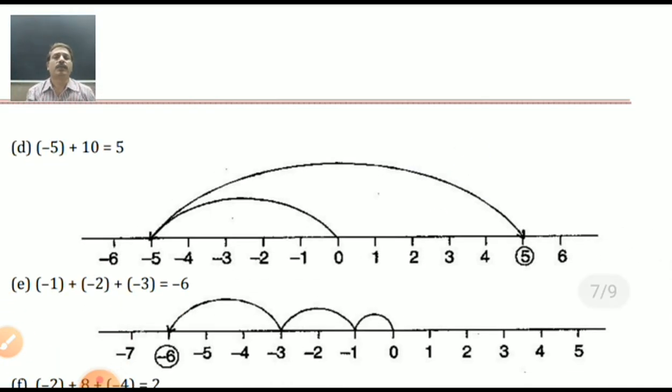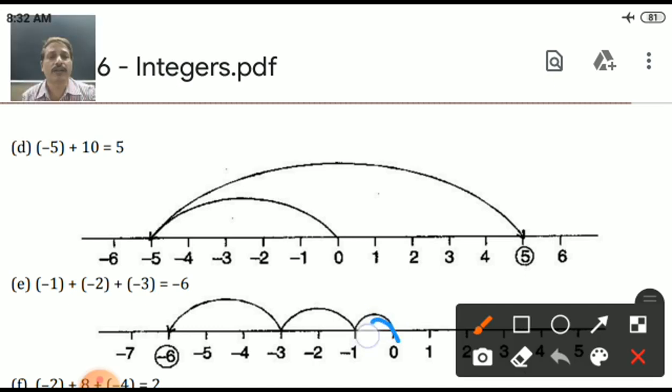Minus 5 plus 10. First of all you move on minus 5. Then after jump 10 steps on right side. On number line you can show it. Answer is 5. 3 numbers are there. Don't worry. First you can move over your minus 1. So आप minus 1 पे आ गए बेटा. Then after you have to jump minus 2 on left side. एक और 2 jump लगा दिए बेटा. You will reach on minus 3. Now you are standing here on minus 3. Again you have to jump more 3 left side. 3 steps. 1, 2 and 3. Answer is minus 6. Or add up yourself. You will get the correct answer.